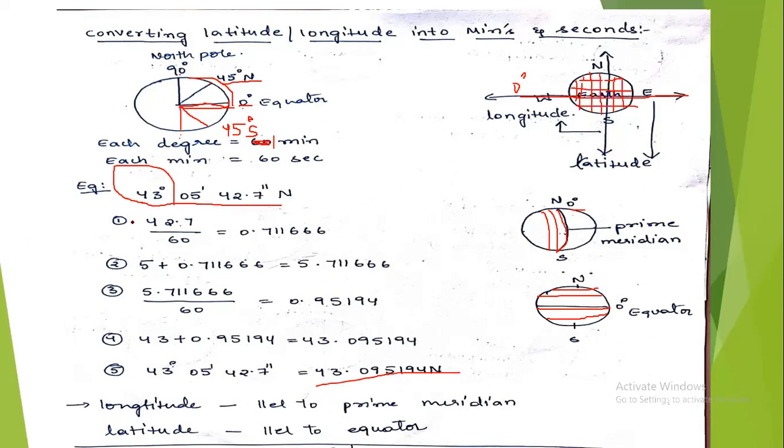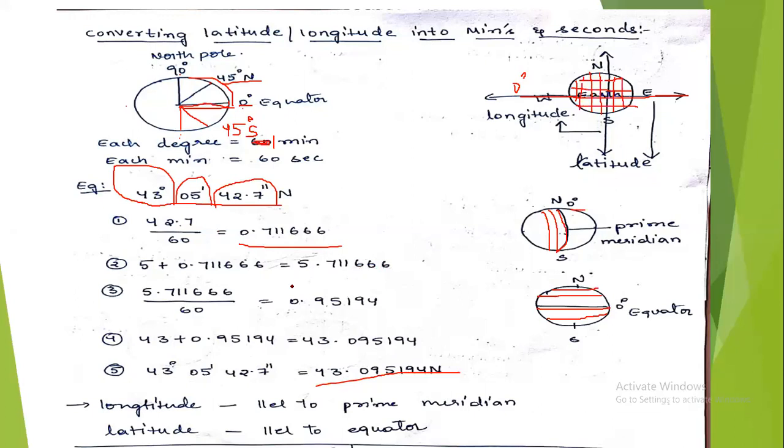So see, the first step: this is 43 degrees, 5 minutes and 42.7 seconds. In order to convert this into degrees, we have to do these steps. First of all, divide each one, minutes or seconds, by 60 and sum all of those. So first, 42.7 seconds should be divided by 60. You will get this answer. Add these seconds to the minutes. So 5 plus these seconds becomes